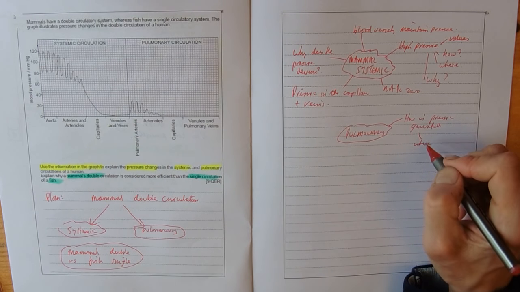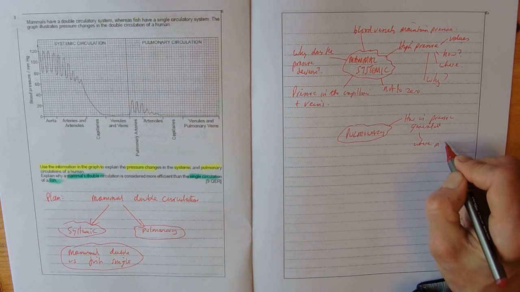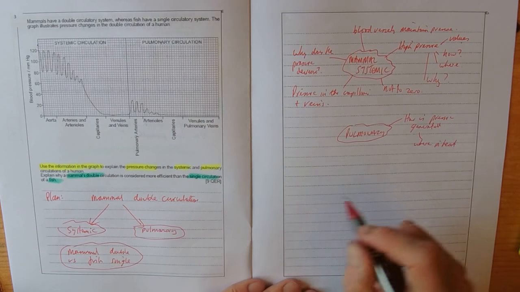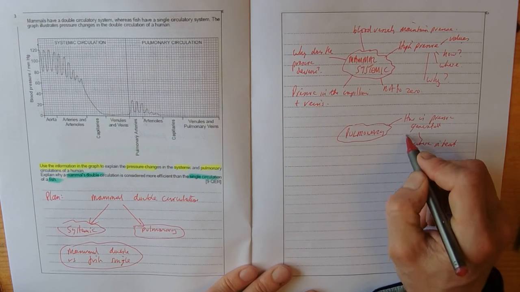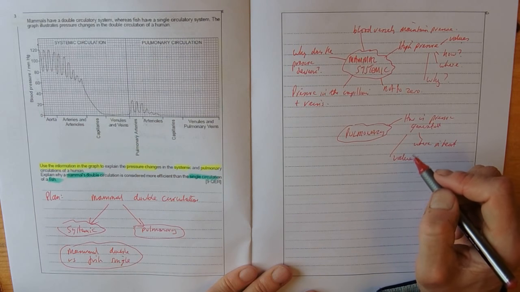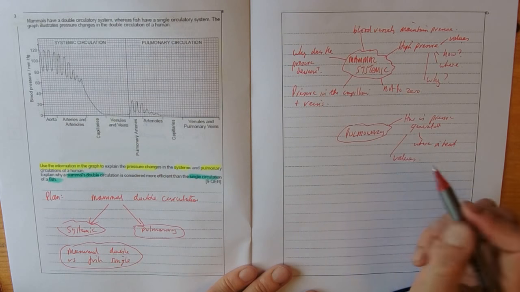For example, where, so talking about which side of the heart, where in the heart. Again, we can talk about values from the graph compared to the systemic, and then really,